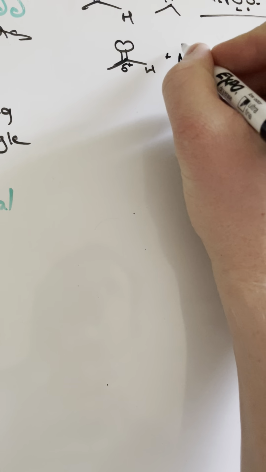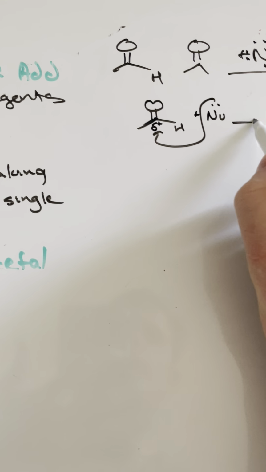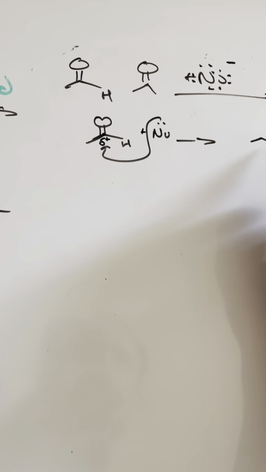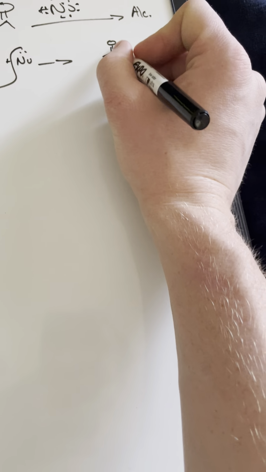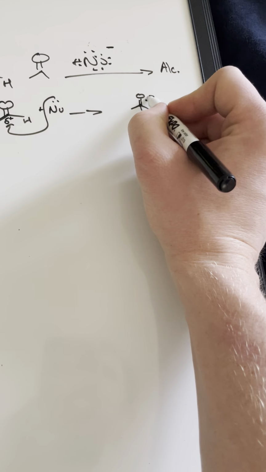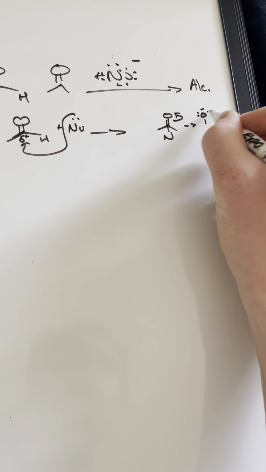So when you add this nucleophile, you're going to attack it, right? And then that is going to cause a little bit of stress on this carbon, because now it has 1, 2, 3, 4, 5. So it's going to kick these up here, and then that's going to make the oxygen